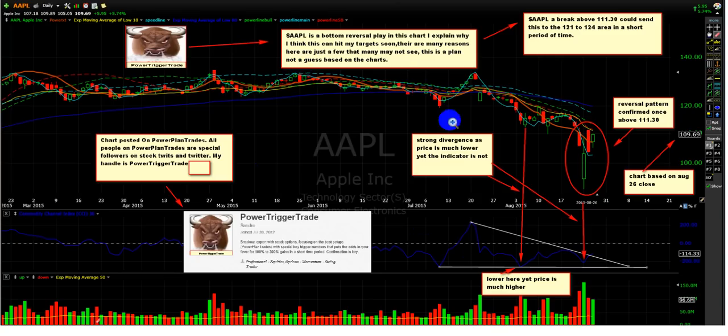I explained that there are some reasons, and I'm just going to talk about these two key points that I recognized. There are more than what I said on this chart, as I've also been looking at how other stocks have been acting as well. But one of the two strongest things, and this is already confirmed by now, is that I talked about a reversal pattern on this day, on the 26th. So I posted this before the move, and I said that this reversal pattern, remember, a lot of my stuff has to confirm. I said reversal pattern confirmed once above 111.30. Well, on this day we didn't get to 111.30, so the next day we did, so it confirmed, right? And these are targets that I think the stock would go